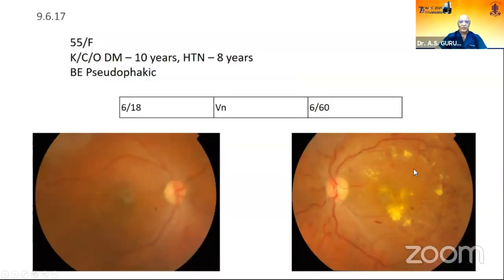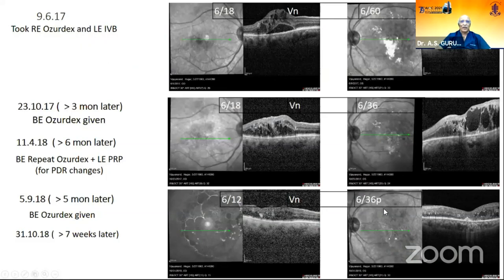So this is another patient with mixed retinopathy, maybe a CRVO component. You can see the dilated vessels. And this is the story of this patient who had multiple injections, even a PRP in between for PDR changes. And this is actually 14 months later, the patient has good resolution of the diabetic macular edema and is maintained well on pharmacotherapy. So what I want you to notice here is that the hard exudates have disappeared after 1.5 years.